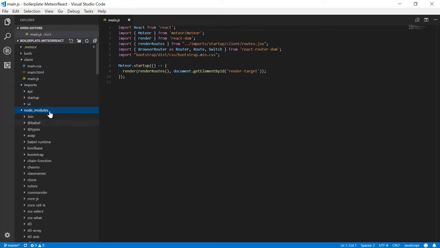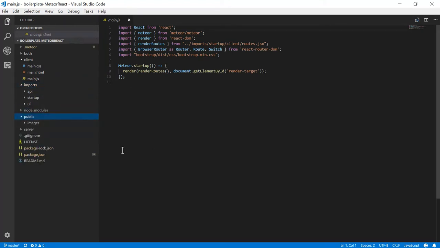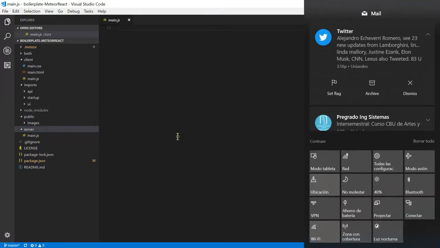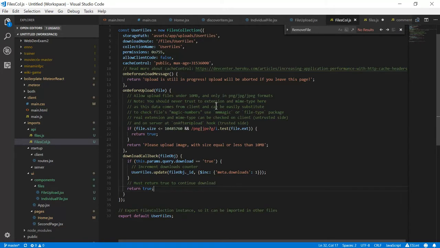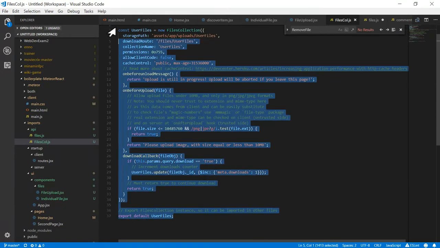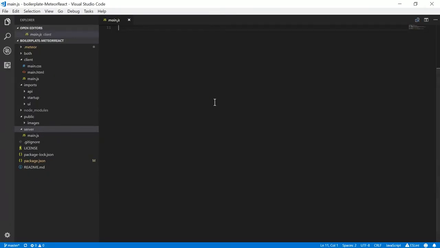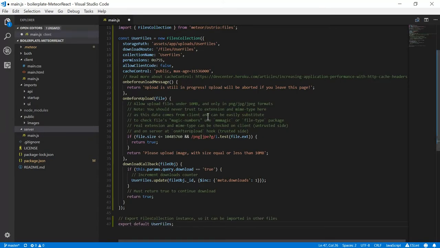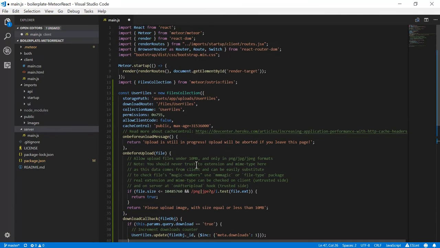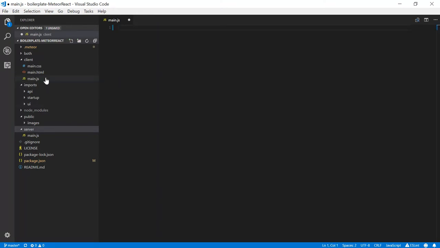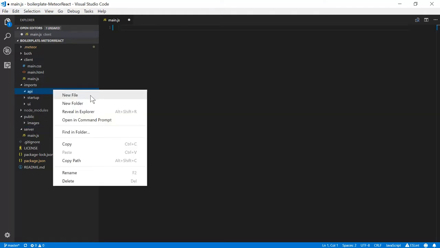So the first step was to create our file. So let's copy that from the one I created over here. This is the file collection. We'll put it over here. Sorry, not over here. We will create it in the API. We will create the API. We will create